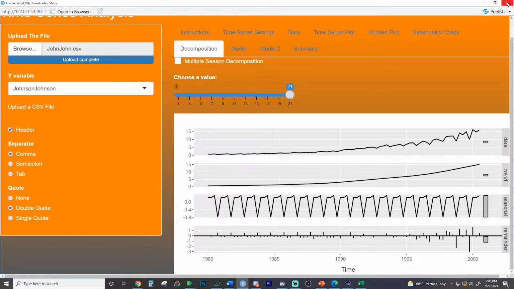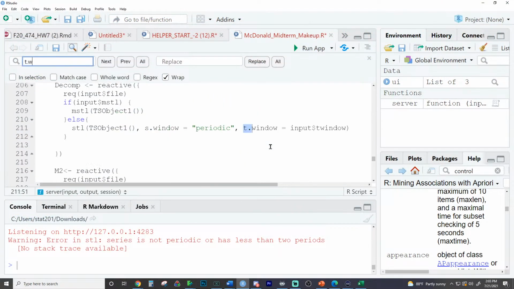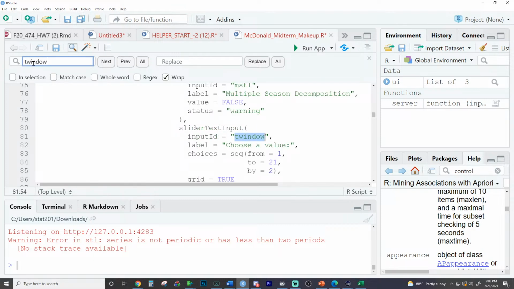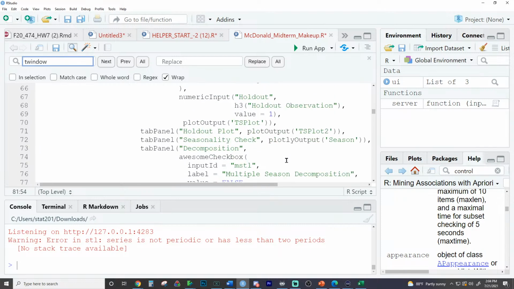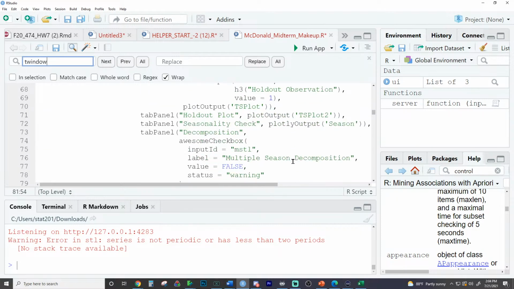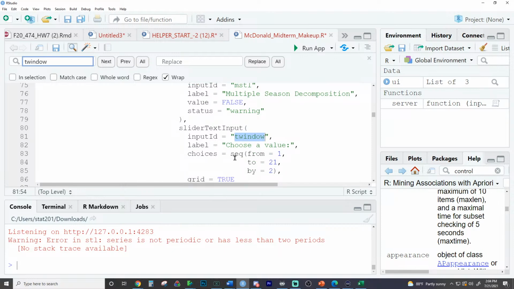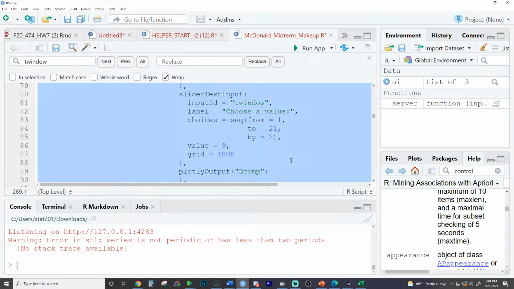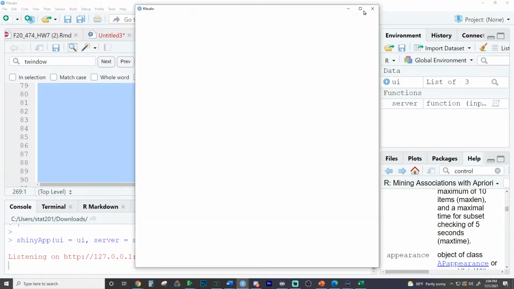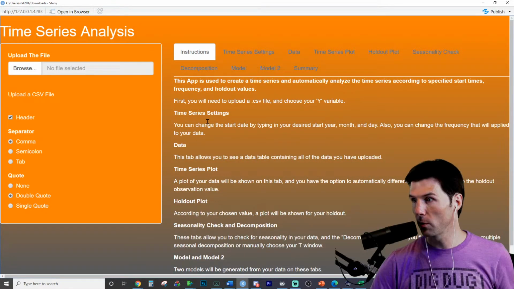One big change I would make immediately, though, is I would change the default value on this, like with the literature. So T window, it's pulling input T window. I would immediately change this to by, and then we should put, what is it? My brain's breaking. You probably have it elsewhere. Value. It's value. We should be able to go here, sequence, choices, and we should be able to go value and go to value 9. Another argument right there. Should work. Hopefully I didn't break it. We'll just put it to a value of 9 for the LOESS method of smoothing.